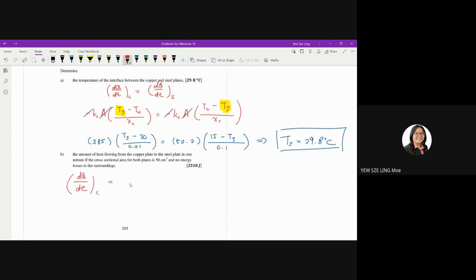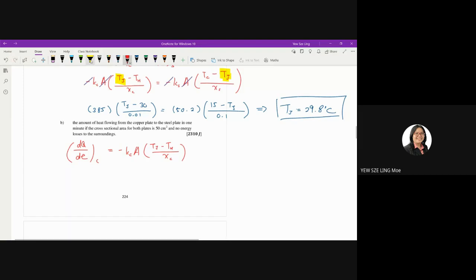So what I'm going to do now is negative k_c A (T_joint minus T_hot) over x_c. Since I want to calculate Q, I need to use both sides of the equation, so let me expand the equation. According to the question, you want to calculate the heat flow in 1 minute, the energy in 1 minute. So this equation can then be written as Q over 60 seconds, because 1 minute is equal to 60 seconds, Q over 60 seconds equals to